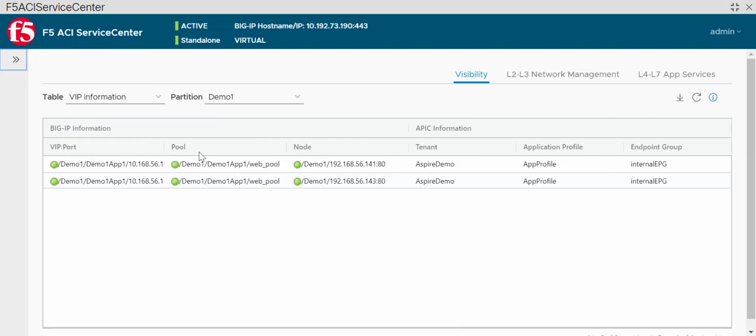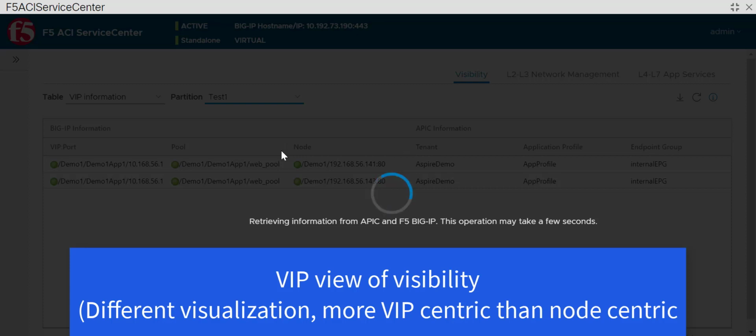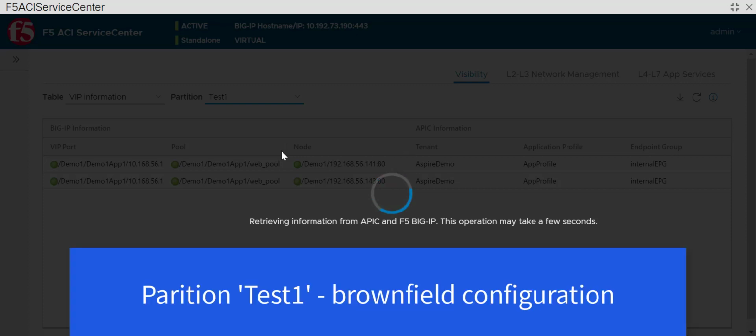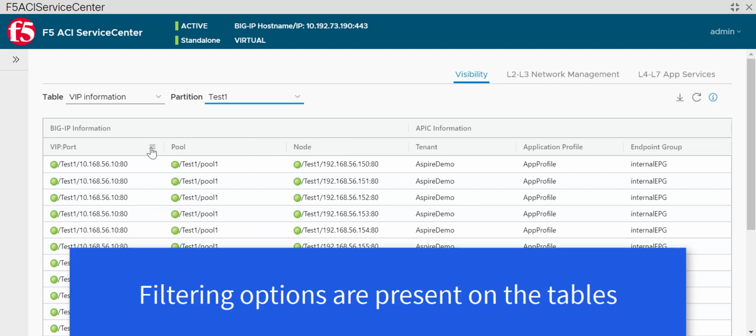Let's look at a different view of the visibility use case, which is VIP information, which gives you the same information in a different view. Let's also look at the other partition test1, which was created out of band, not by the integration. Here we had a bunch of VIPs, pools, and nodes that were configured on the BIG-IP. Here you'll see a list that got configured and correlated, and you can use filtering on the app to be able to filter which VIP and which pool you're particularly